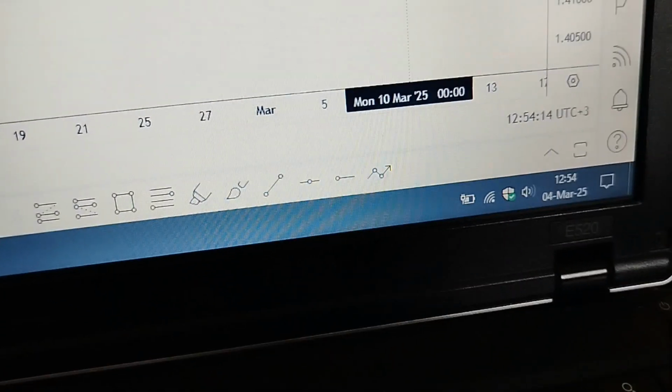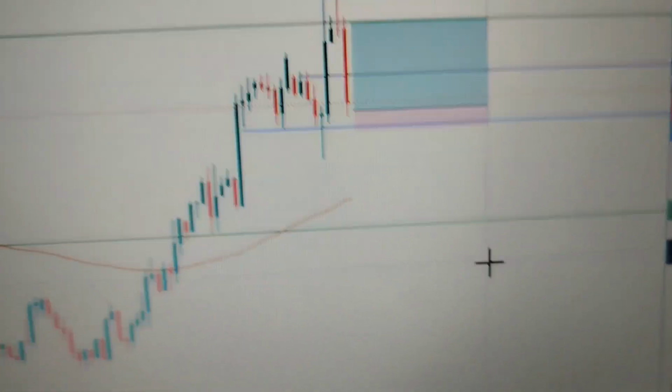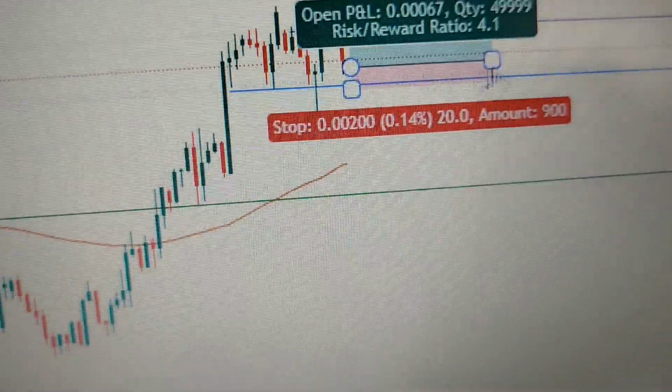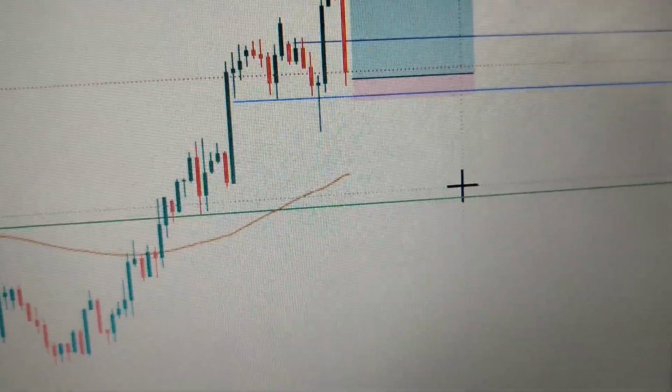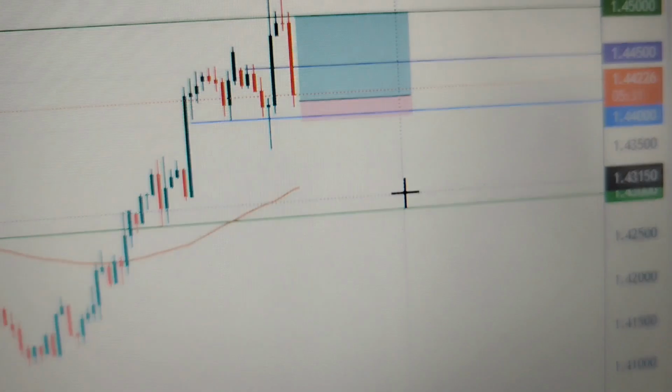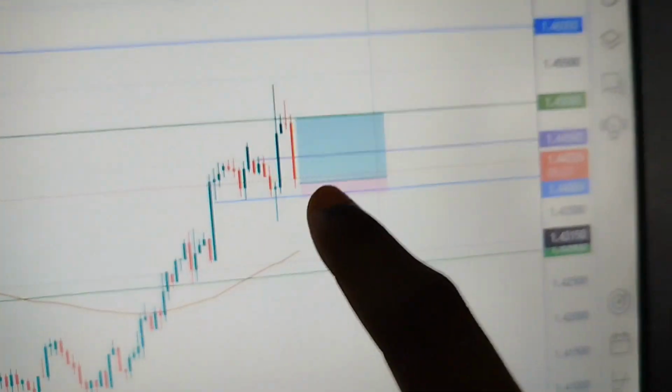We have about 6 minutes before the 4 hour candle close. So let me see. If I get a good entry, I will take it with 20 pips. If I don't, I'll take it with 30. But I cannot take it beyond this point. I just can't. Now the 4 hour candle has closed, but it hasn't given me the entry